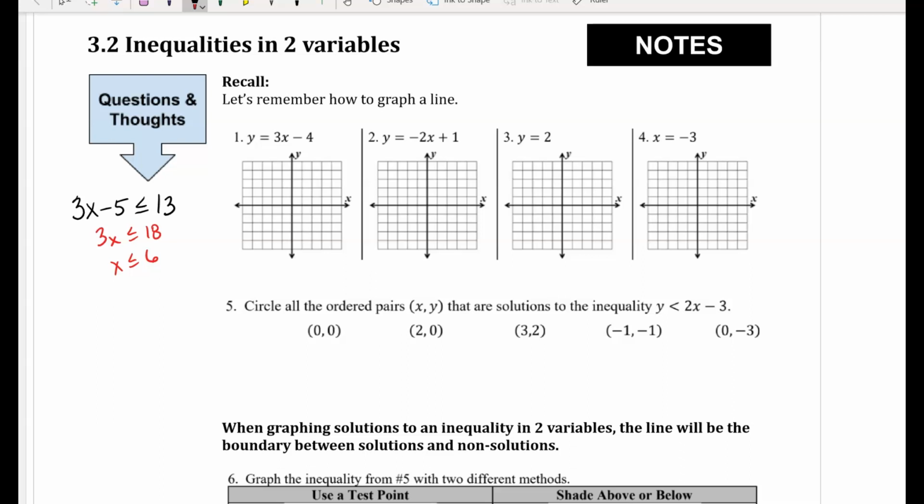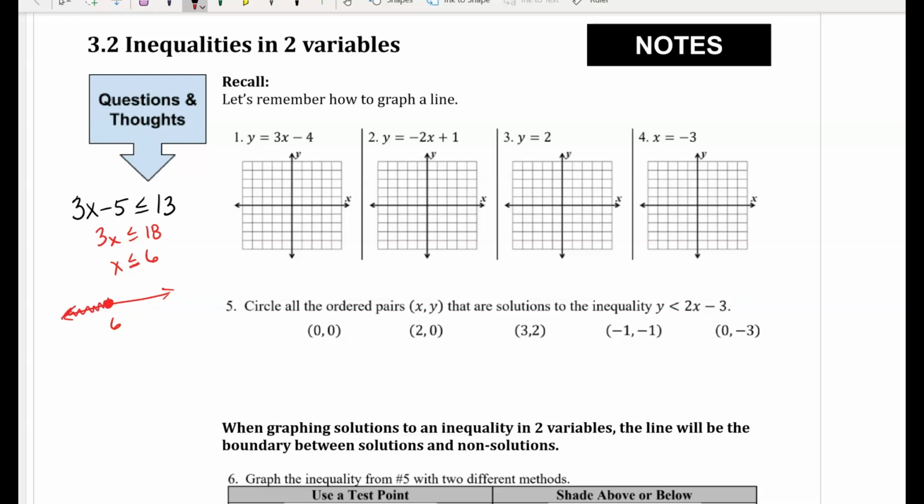We can graph that solution on a one-dimensional number line. We would mark our 6, and then since we have an equal to on our inequality, we would put a solid circle at that 6. And that serves as the boundary between answers that are true and answers that are not true. To get the answers that are true, we need values that are less than 6, so we would shade to